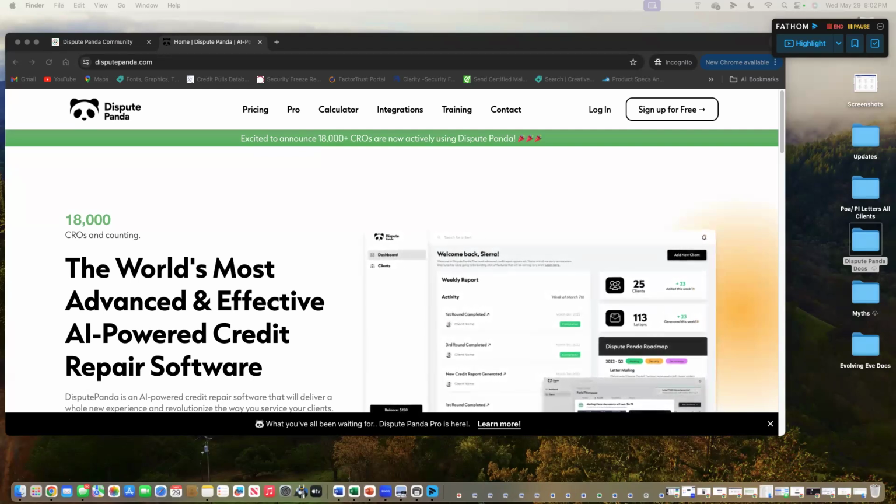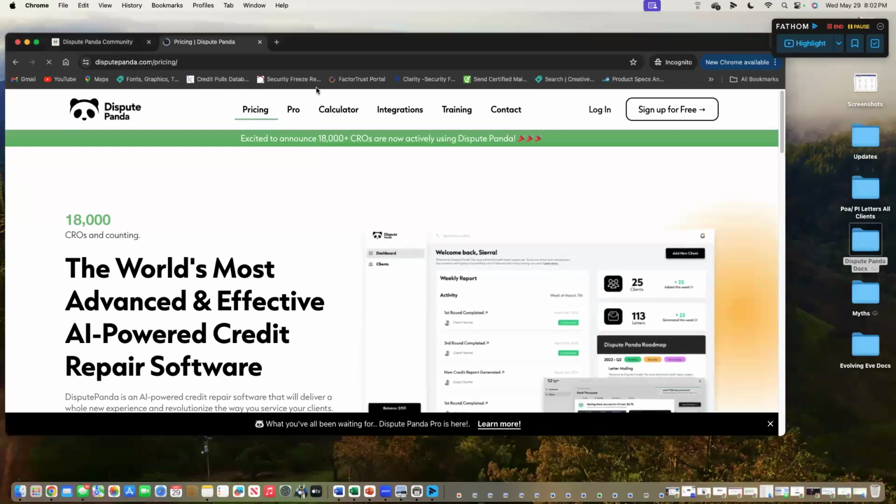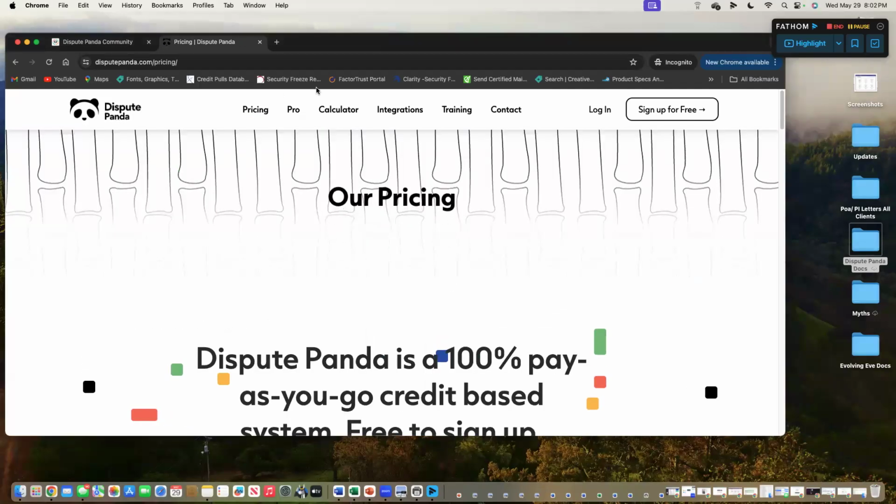I love that. So on tonight, Monday and Wednesdays are the standard Dispute Panda, which is the free platform. On Thursdays, we talk about the pro. I do highlight some of the things that come with the pro on today's call, but the goal is to sign up for the platform, go through what the platform gives you. We will load our first client and do our first round of disputes all together on the call. So you'll be able to see what it looks like.